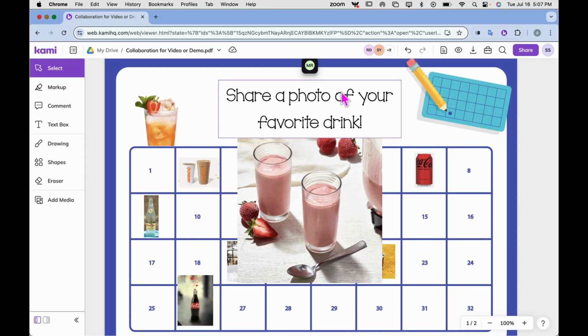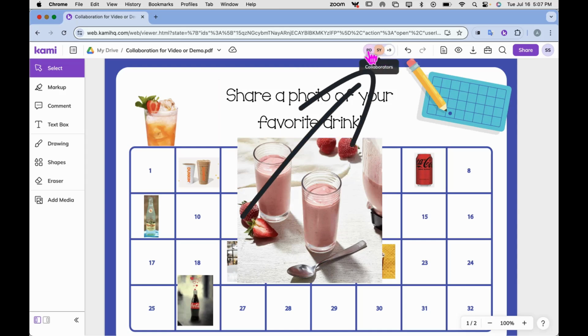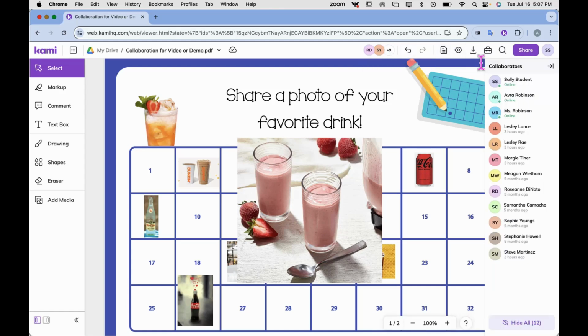If we take a look right here, we will see the collaborators or the users that are participating in this activity. If we click here, on the right-hand side of our screen, we get this panel with all of the different collaborators who have ever entered this document. At the top, we will see the 3 people who are currently online and actively participating in this activity. Then we'll also see a list of all of the different people who have ever accessed this document or this